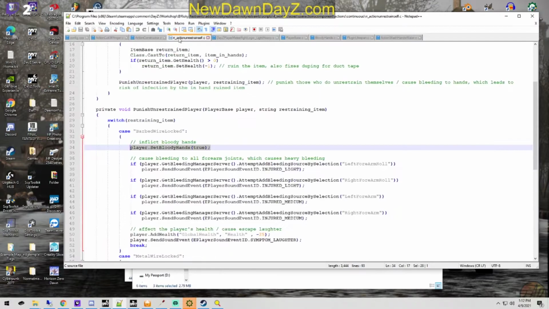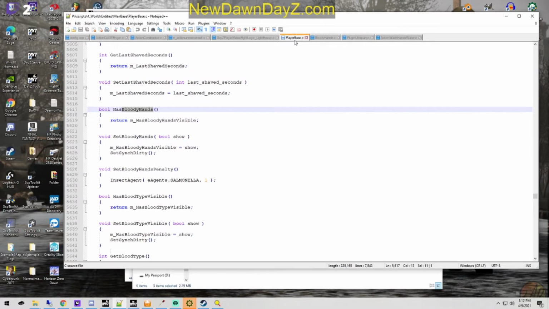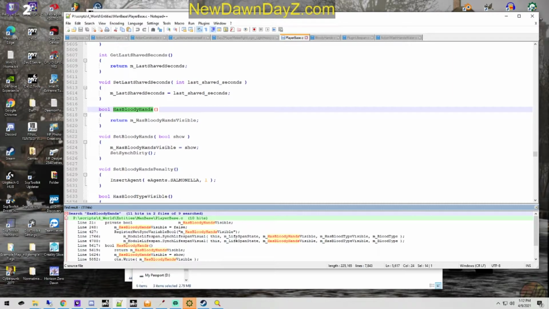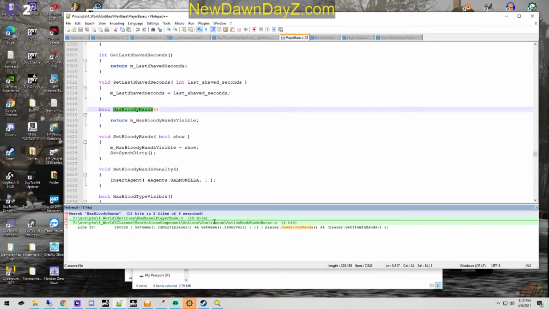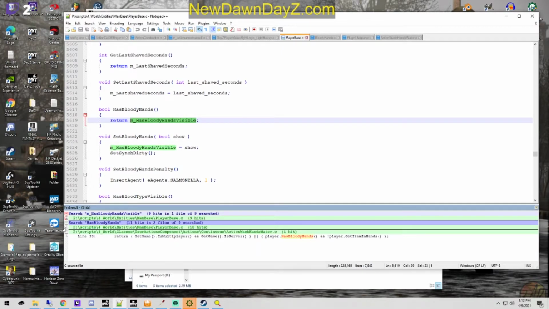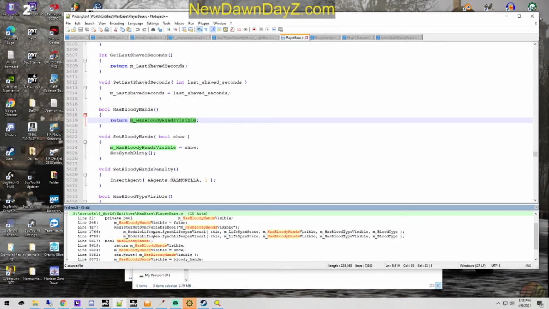So when a person sets bloody hands true, okay, so we need to look at what is calling set bloody hands. Has bloody hands, set bloody hands. Okay. Has bloody hands. Find in all open documents. Player base.c, and then, okay, it didn't really work out. Finding all open documents. How about that? Okay, so I should go here and then